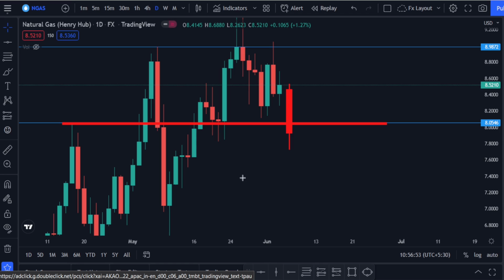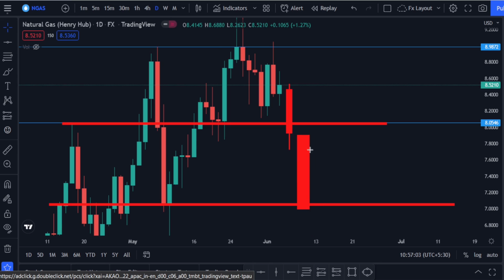This is going to be the break of the support, and then we are expecting the price to move to the next support, which is right here. So in that situation, we are expecting the price to make a top wick maybe into this area and then continue to the next support. And that will be also the alignment with the